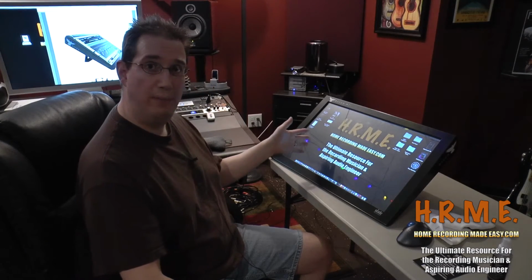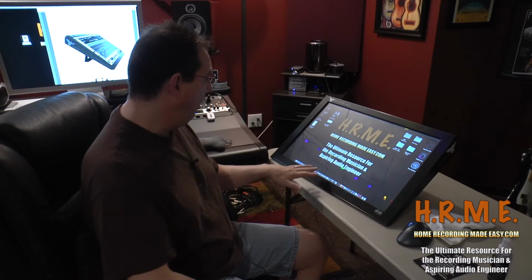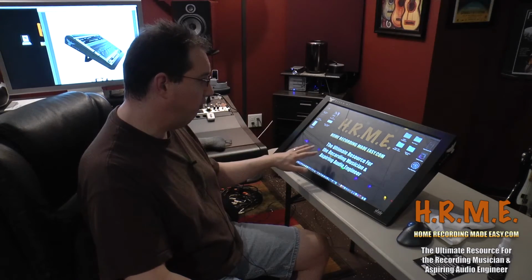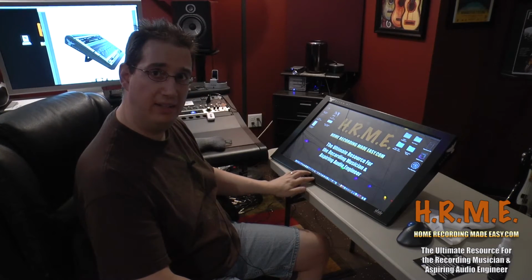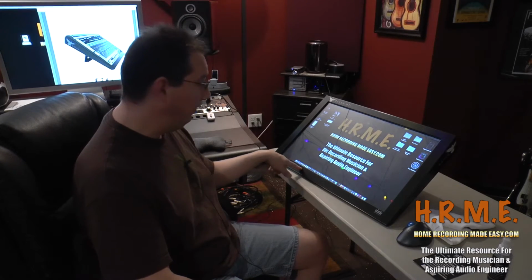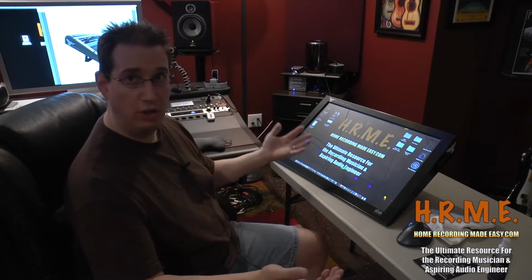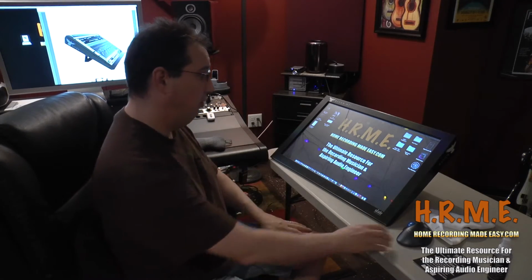Okay, great. So it's booted up now, as you could probably see. I'll zoom in on this afterwards and give you guys a look at it. It looks like it defaults to the main monitor because I have a 30-inch Apple Cinema Display behind me. It looks like the Raven automatically defaults to the main screen. I can see my dock is here on the bottom, but if you hook yours up and it's not the main screen and you want it to be the main screen, the only thing you would have to do is